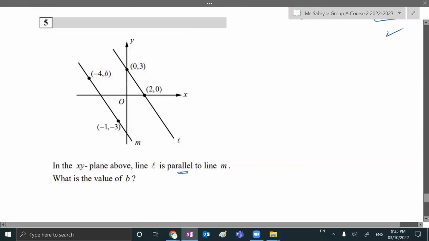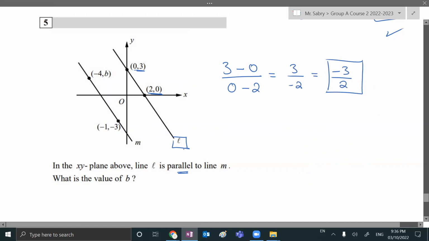Yes, I like this question, honestly. So when you look at line L, I have the points and I have the points, nothing is missing. So why not calculate the slope? It's 3 minus 0 over 0 minus 2, which will give me 3 over negative 2, which is mainly negative 3 over 2. So this is my slope right now